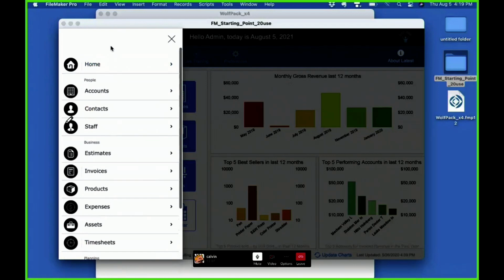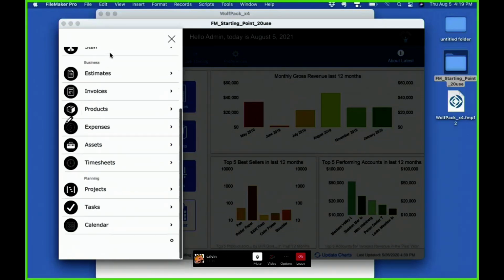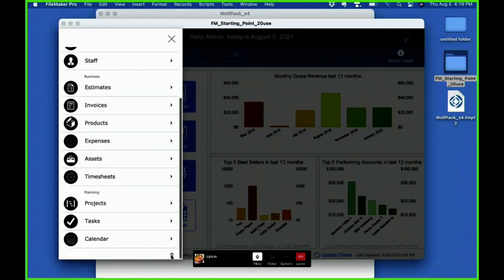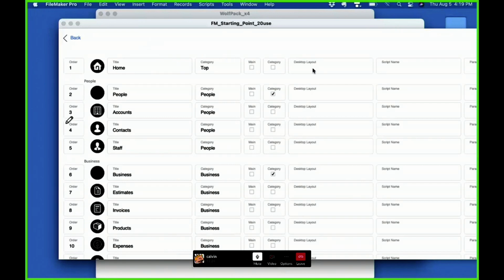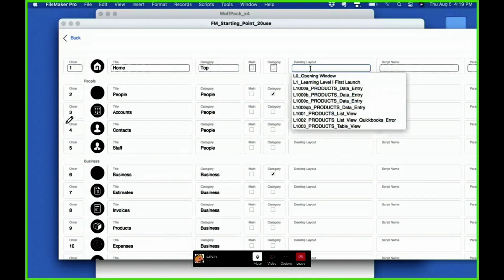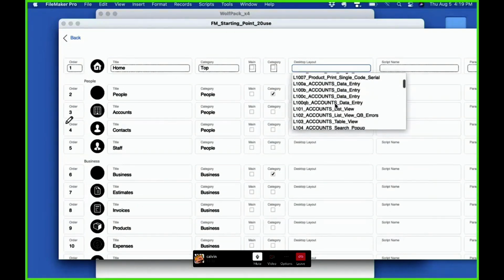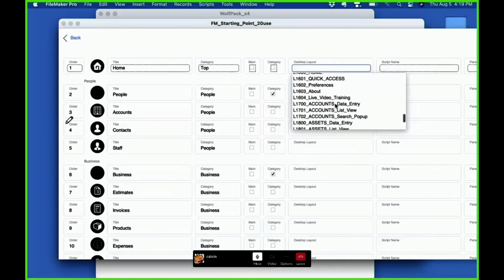And so you'll notice when we log in here, or when we open this, we can navigate up and down with our arrow keys and select one by hitting spacebar or return. But before I start using this, I've got to go down to my manage button, this gear down here, and set up each of these to run the script that I want, or to navigate to the right window. So here, I'm going to go to, I think the home screen is